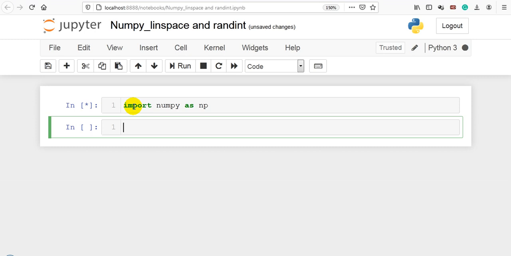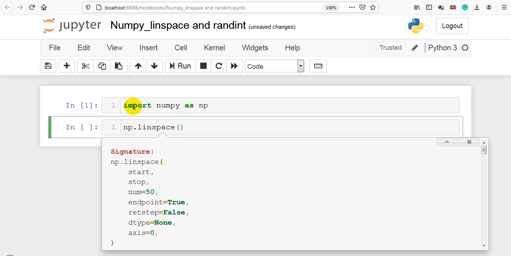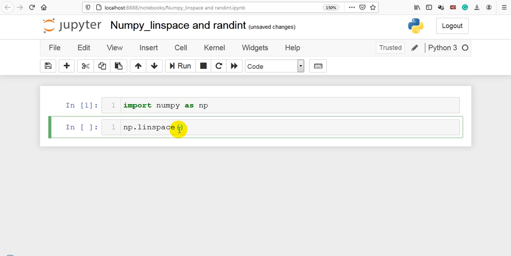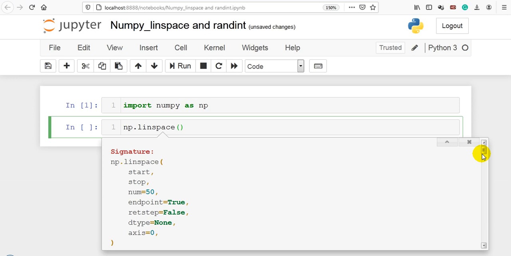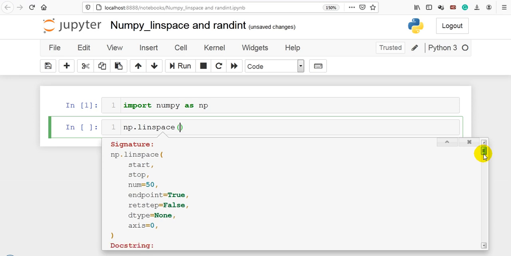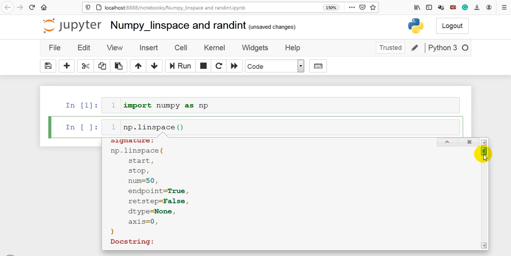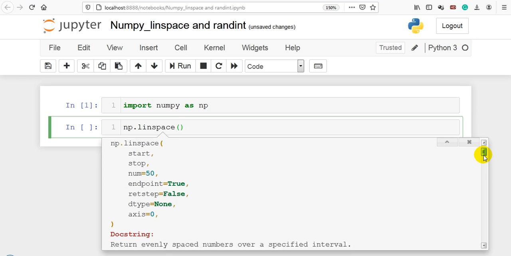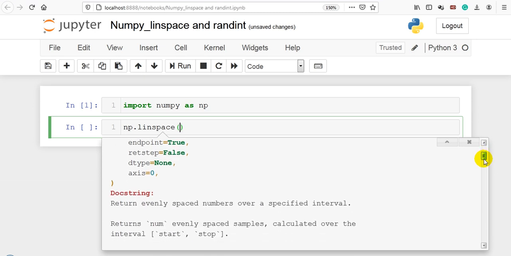Shift enter to execute the current cell. So when I take np.linspace parenthesis, then shift tab, it will show you the different parameters supported by linspace. You can see start, stop, num, endpoint, retstep, dtype, and axis is by default 0.